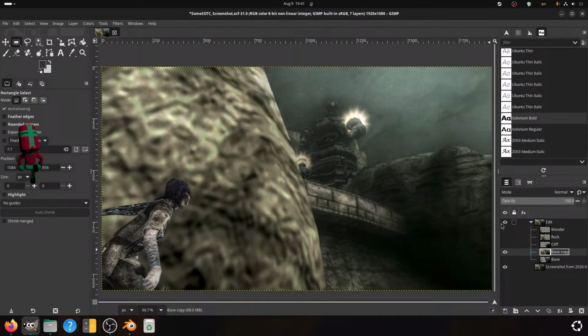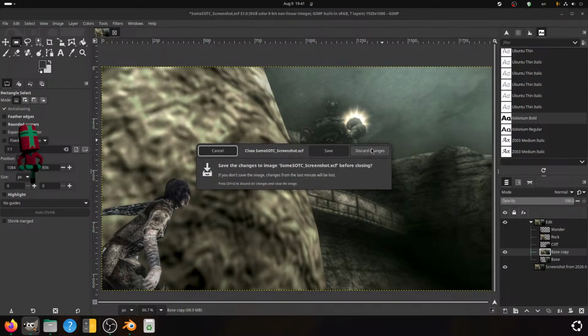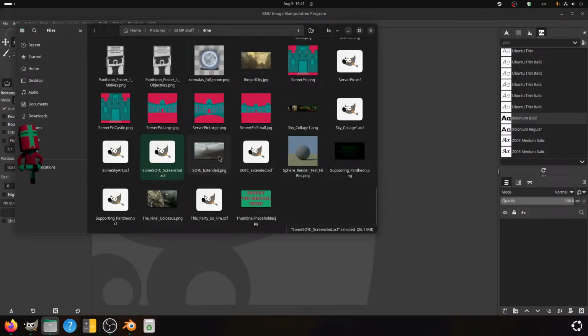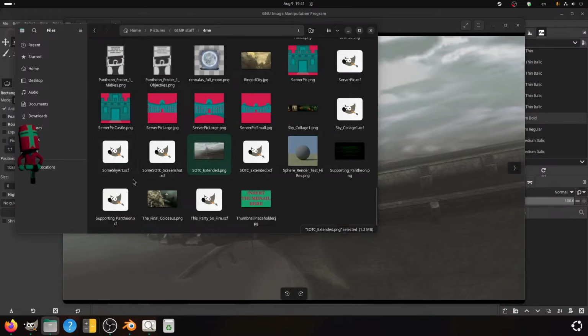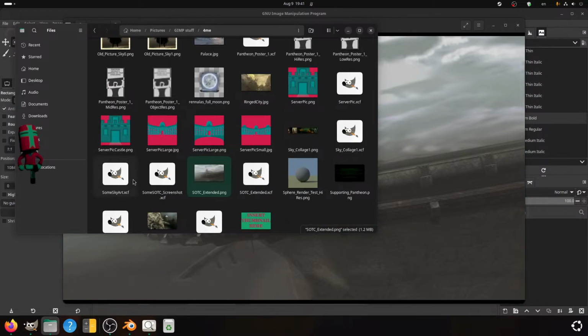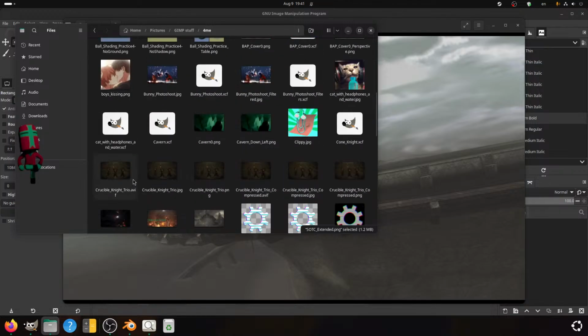It was not very easy, but I am very happy with the result. What was a lot harder was this one, because if I can find the original screenshot,